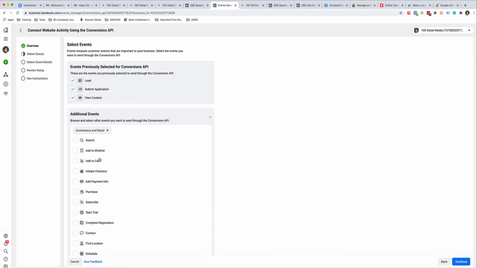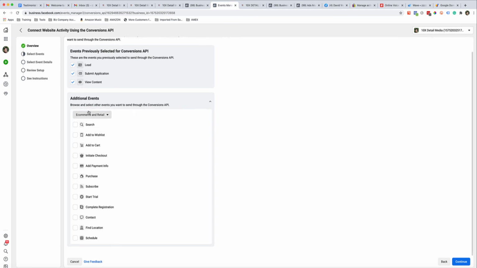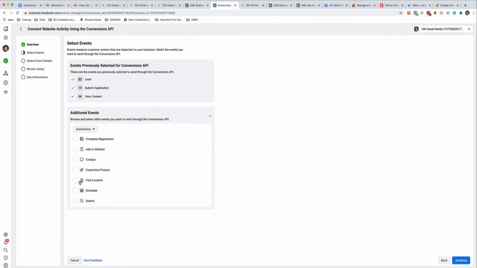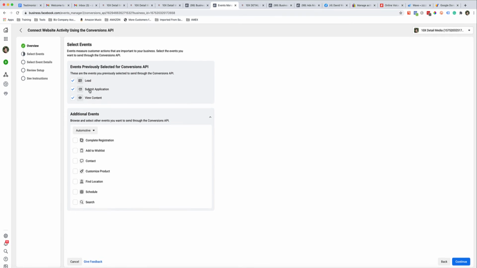And then here's what you want to do. Normally it comes up with this page, and for the ones that I want, I just hit automotive, because I hit view content, and the main thing I want is the lead. So the lead, submit application, view content, like the main page and whatever. So I choose those, and as you're choosing those, I'll just add another one and show you how it works. So you choose one. Let's put